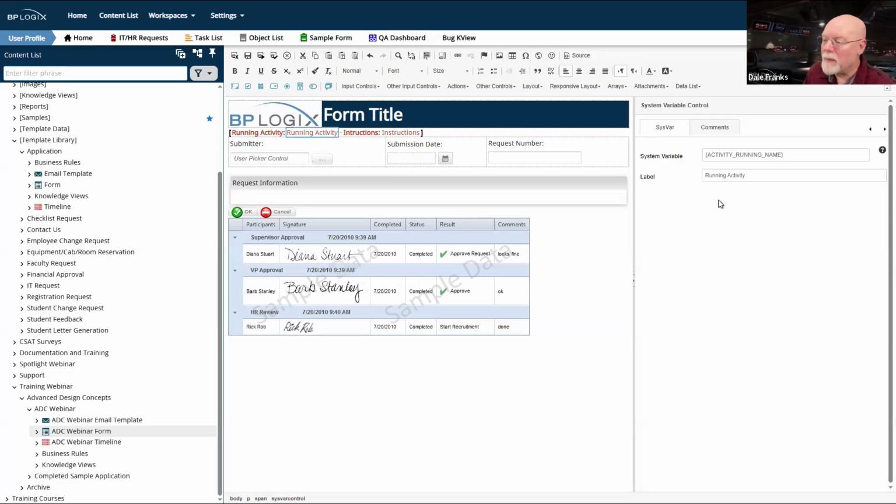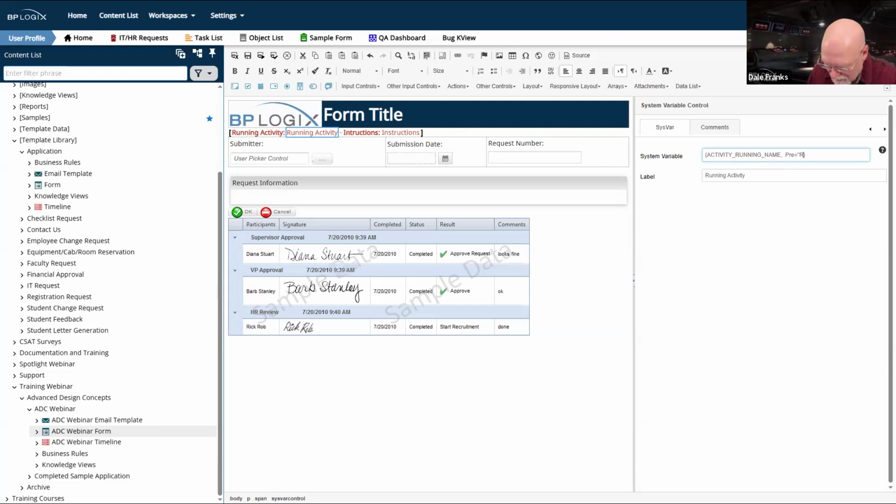I do have the ability, on the activity running name, to just throw in a pre or post text, to append or prepend text. So I could put right here, I could do pre running activity, and I probably should put that in quotes.